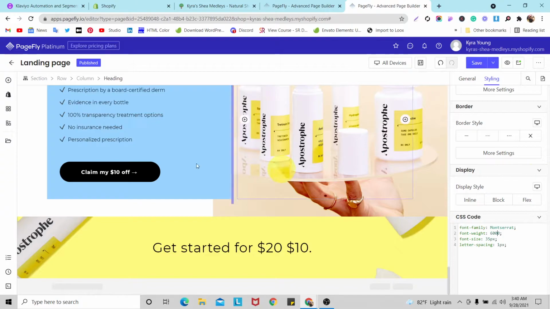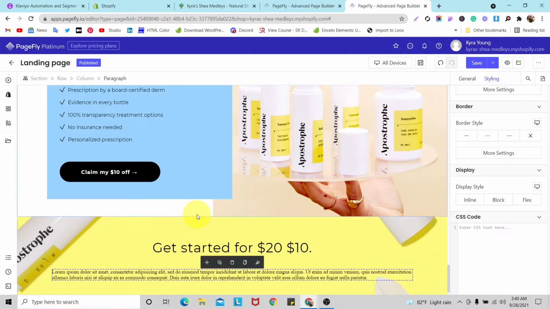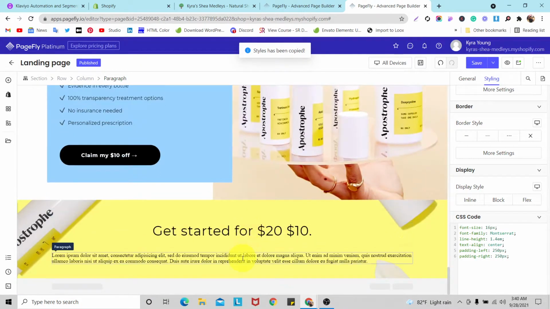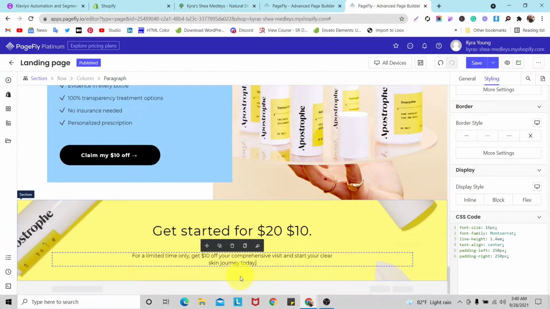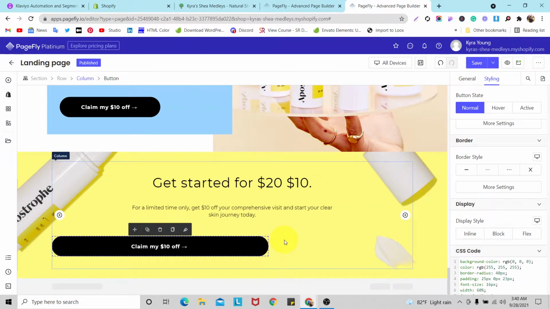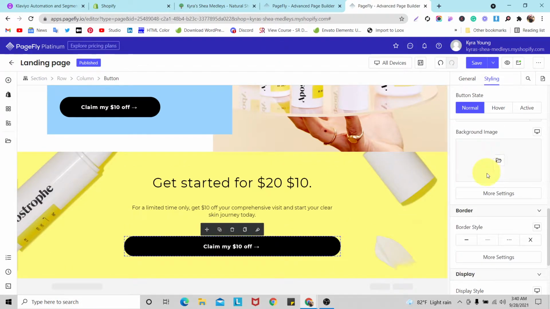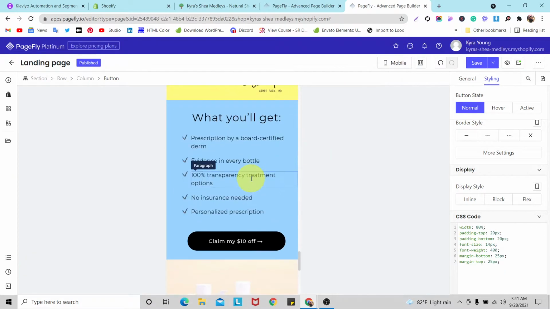Now we need to add a paragraph like we already did before. Just copy from here and paste it here. Okay, now we just need to add a button. It should be middle, and the button width should not be that much, 30 is good enough. And if we're talking about mobile,